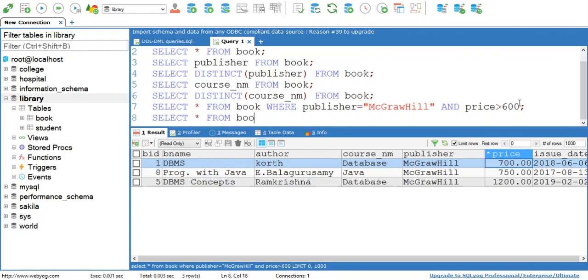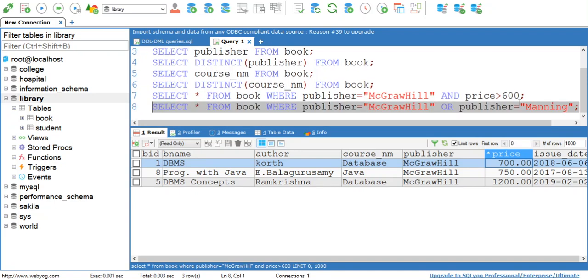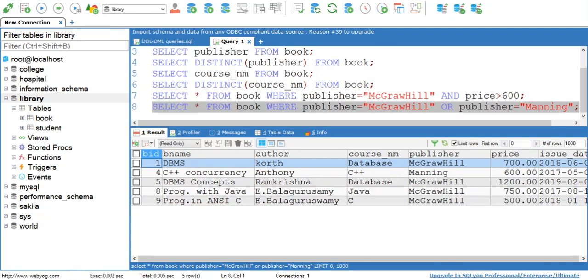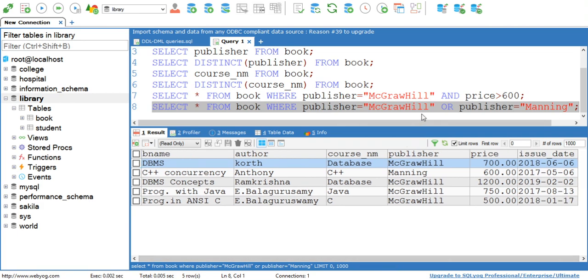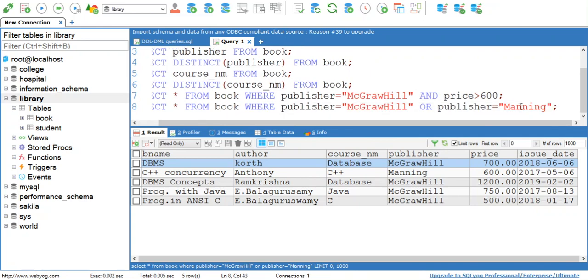So here I can simply write select star from book where publisher equal to McGraw-Hill or publisher equal to Manning. See, this is my or query. I want to display data for all those books where publisher is either McGraw-Hill or Manning.